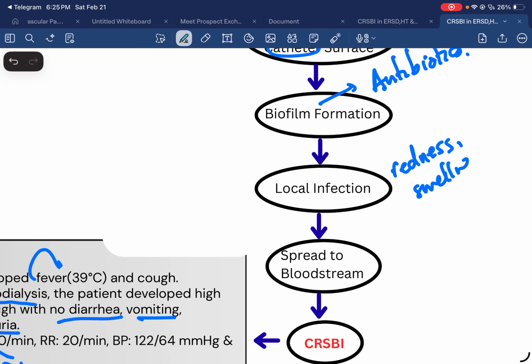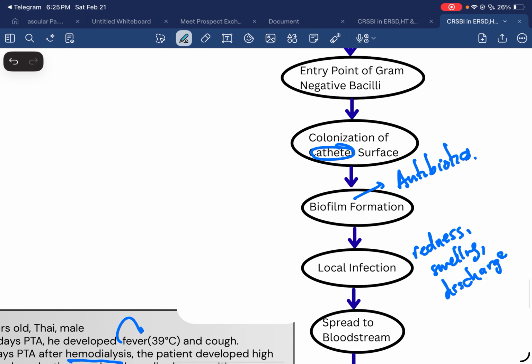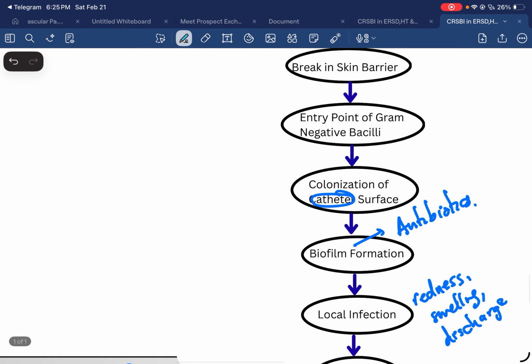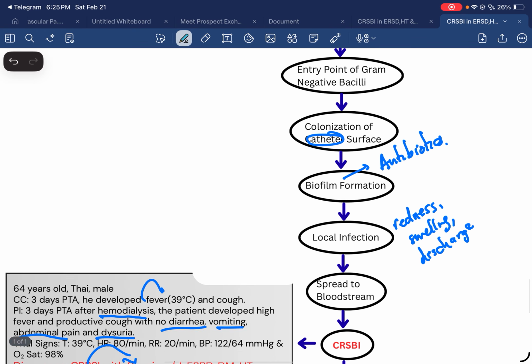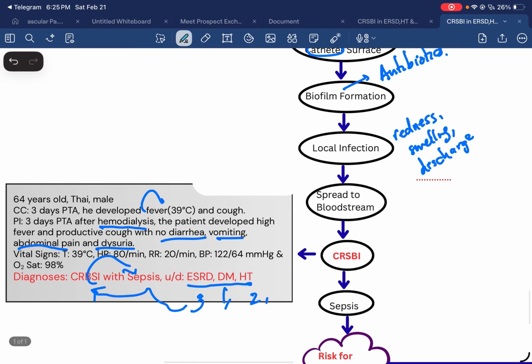swelling, and sometimes discharge from the palm cat, and these bacteria spread to the bloodstream. This is systemic infection,